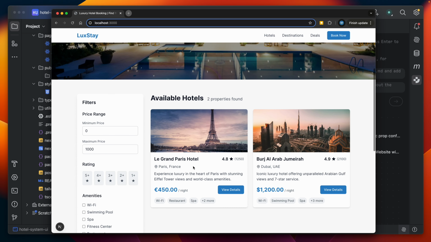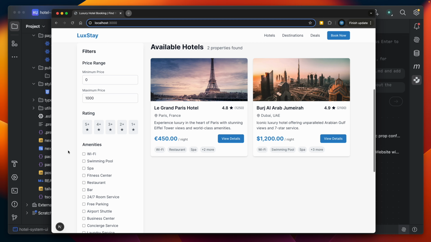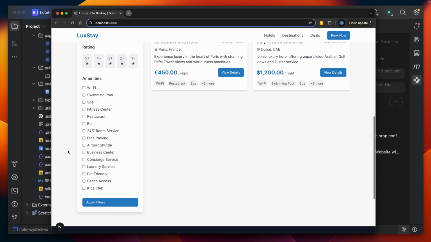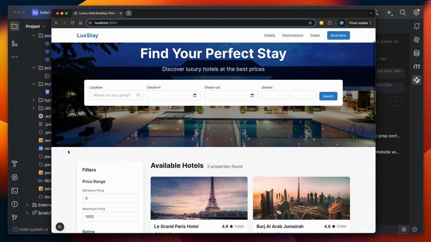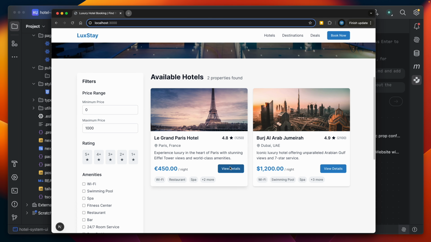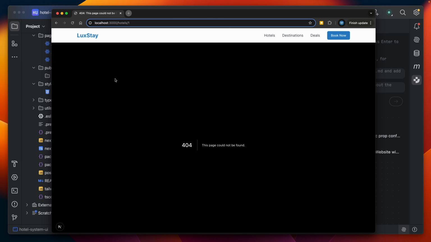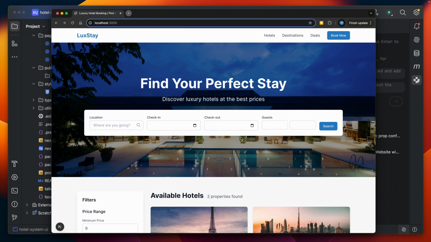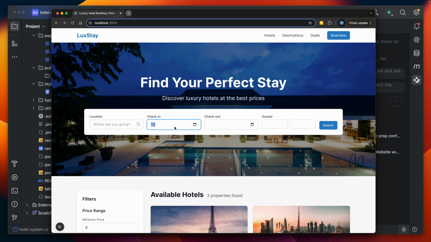We have a search bar in the middle. On the left side, the filters. The list of hotels here. Let me try to click on one of the hotels. Okay, that doesn't work. Let's see how the search works. It doesn't display my selection, it seems. The values are there, but it seems that the display color is white, and that's why it doesn't show.